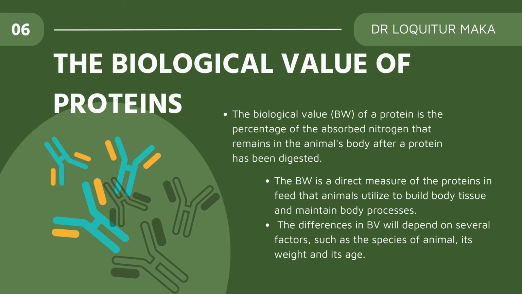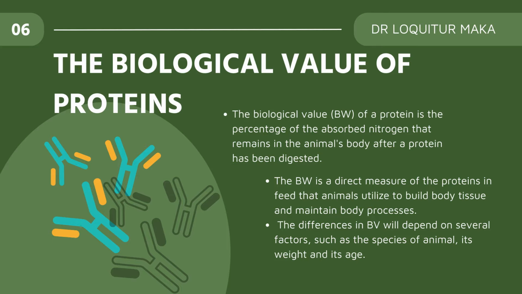So this is the direct measure of the proteins in the feed that the animals utilize to build the body tissue and also to maintain the body processes. Remember, we said the proteins are needed for growth as well as reproduction, right? So now the differences of these biological values will then depend on various factors. Now, these factors may either be species of the animal, the weight of the animal, or even the age of the animal,